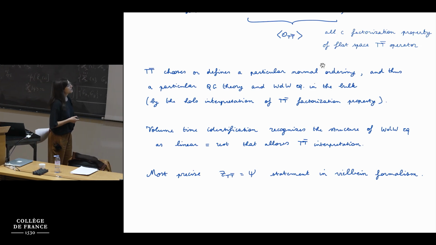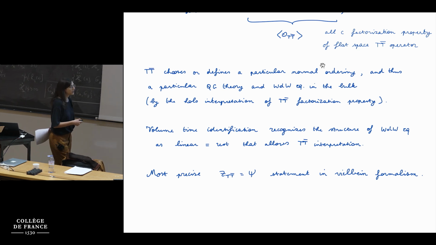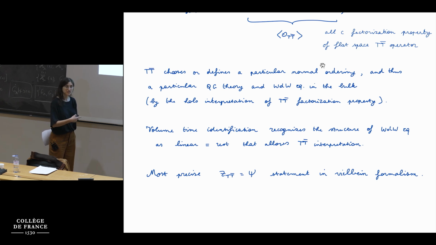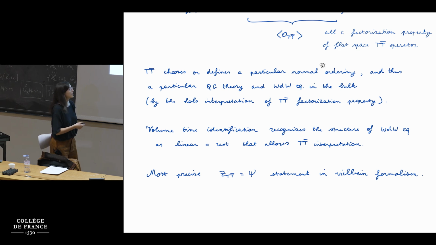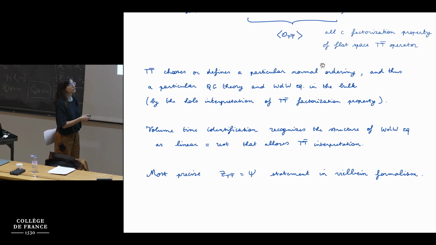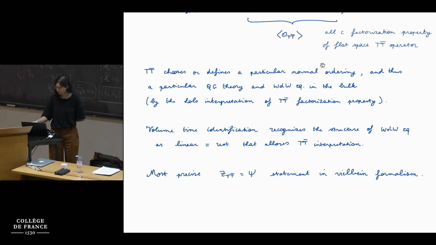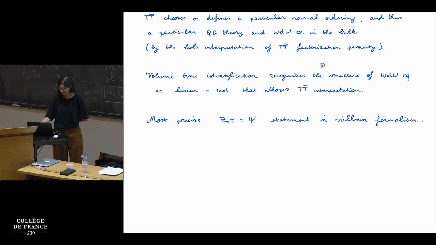Okay, and a last comment that I wanted to make about this is that the most precise version of the statement that I also mentioned in the beginning, that the TTbar partition function equals the gravitational wave function, can be made in the Vielbein formalism. So discussing the radial Wheeler-DeWitt equation in Vielbein rather than metric formalism, you can then write down a solution in the form of an integral transform of the CFT. That's also radial. And that would be the most precise version of this statement.